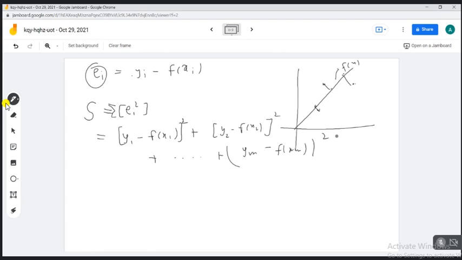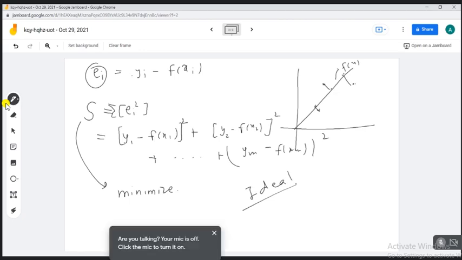So how do we minimize it? I mean, this is the whole idea. Do you understand? How do we minimize it? I'm going to show you in the next slide. Is that okay? Is the idea clear to you? Yes, sir. Okay. So